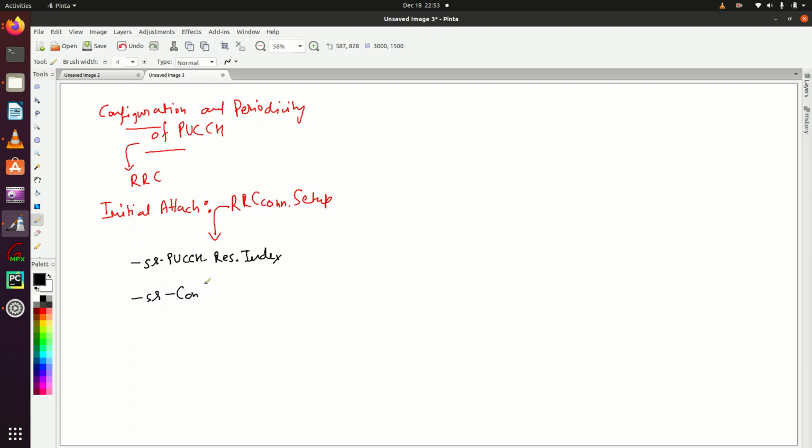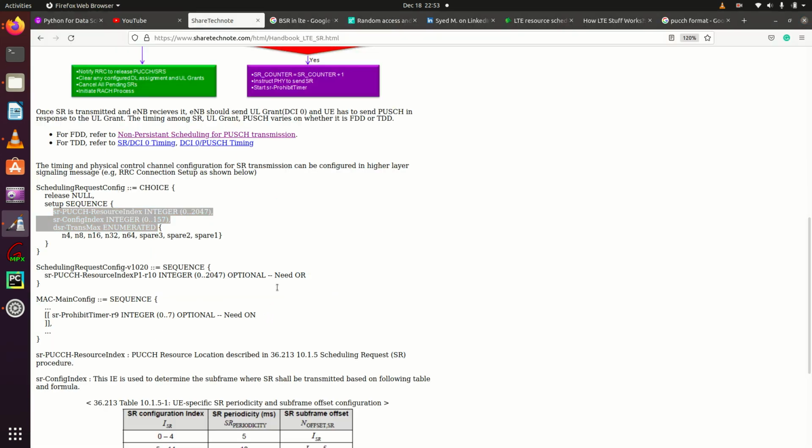SR stands for scheduling request here. And the third one is DSR transmax. DSR stands for dynamic scheduling request. Let's read these parameters one by one.